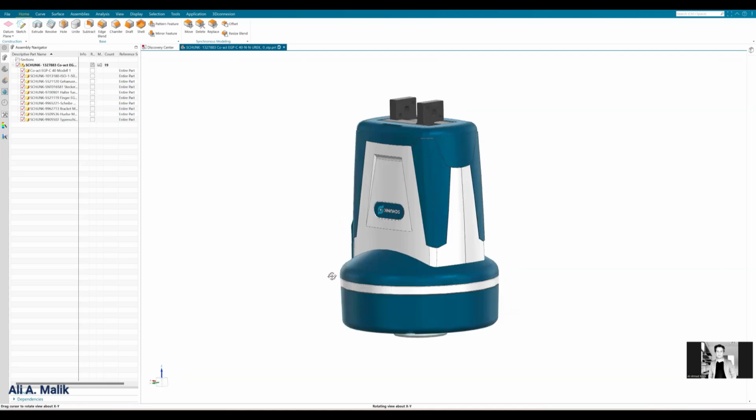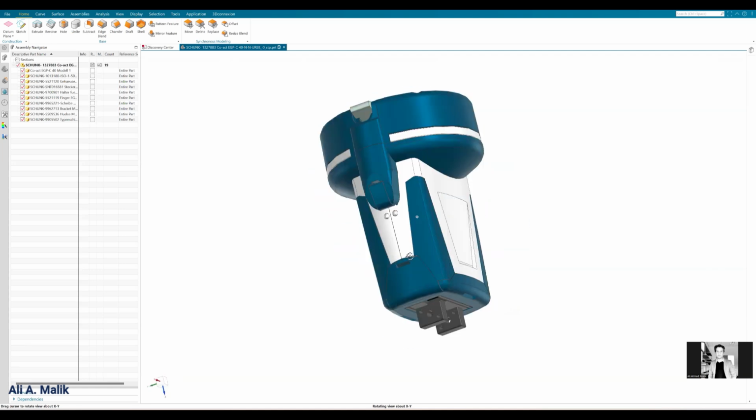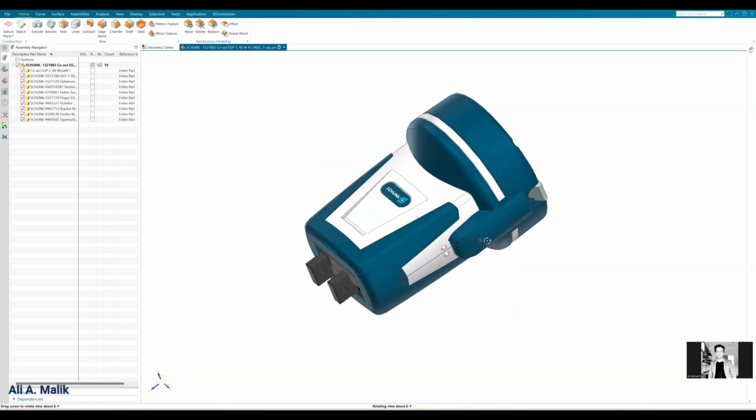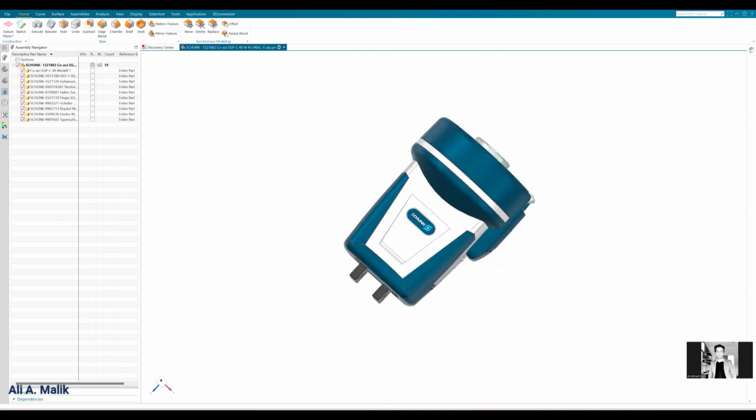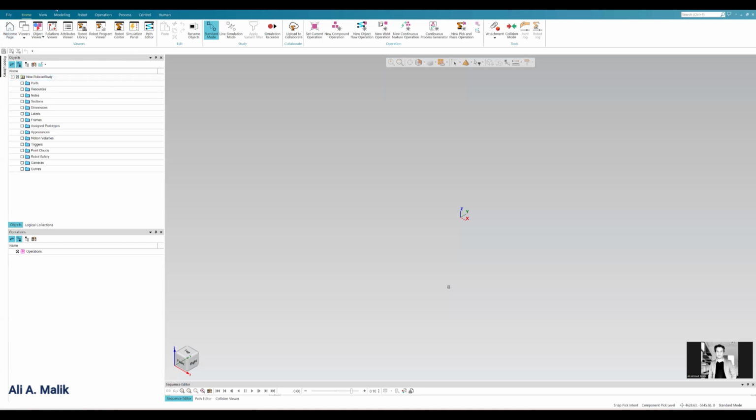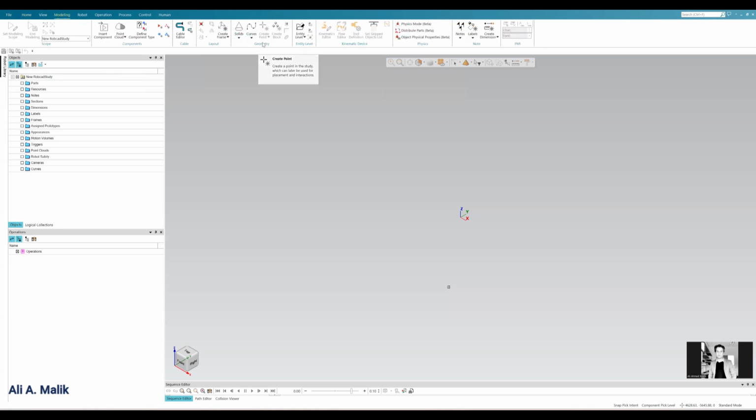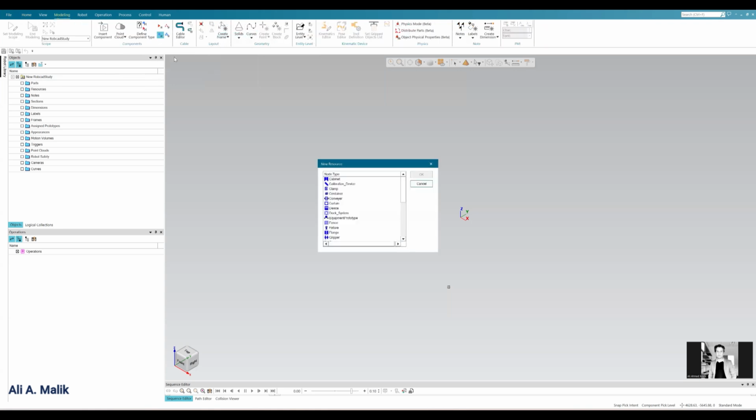So this is the gripper that I want to use in Technomatics software, and now it is open in NX. Then I will go to TPS, make sure that your root directory is accurately defined, and then I will go to modeling, and in modeling I will create a new resource. So gripper is basically a resource.